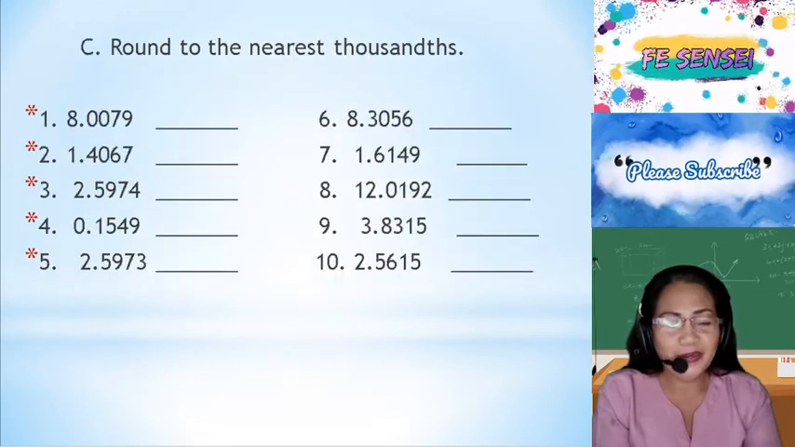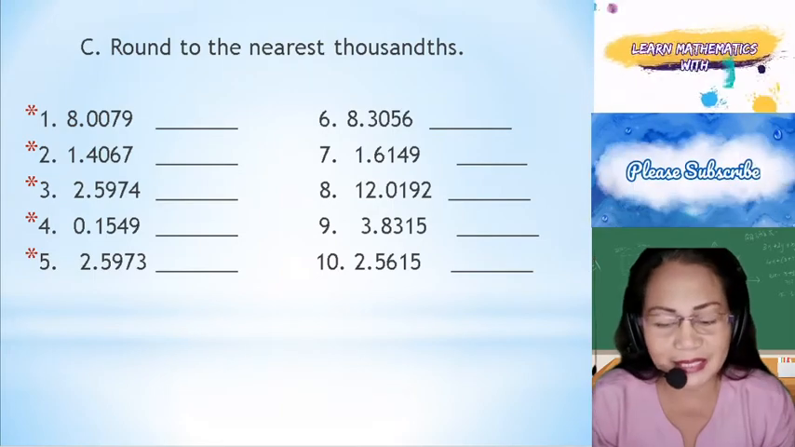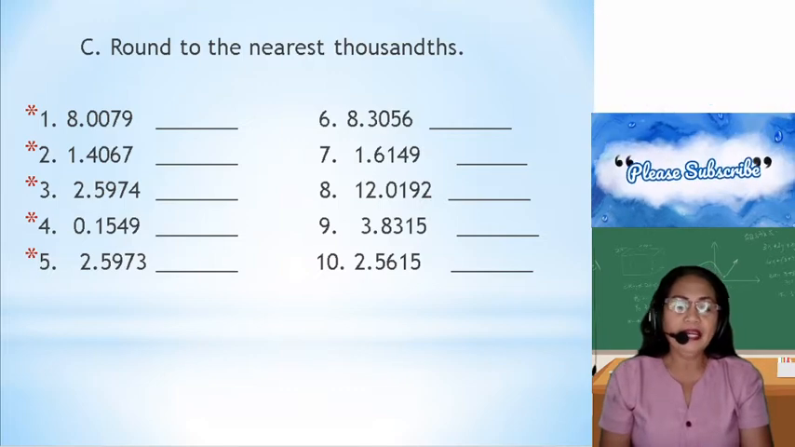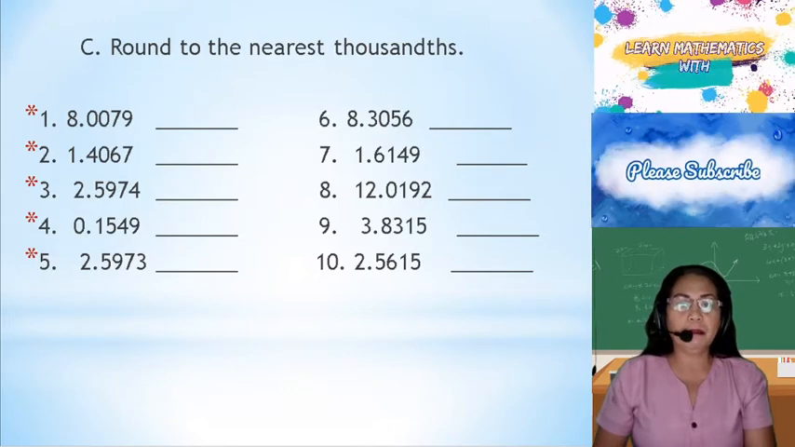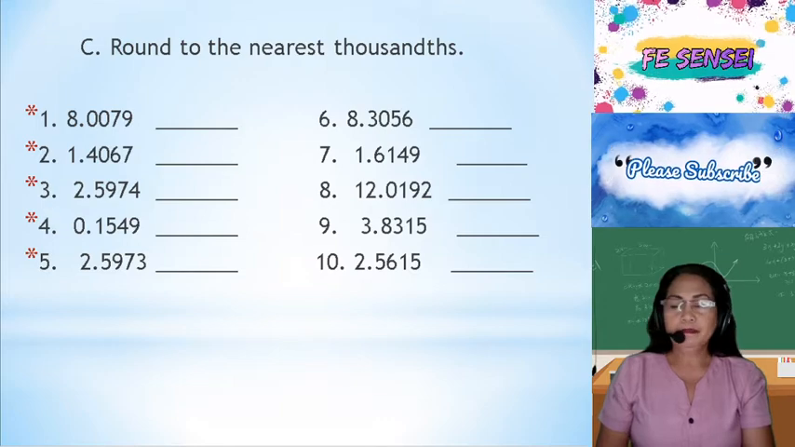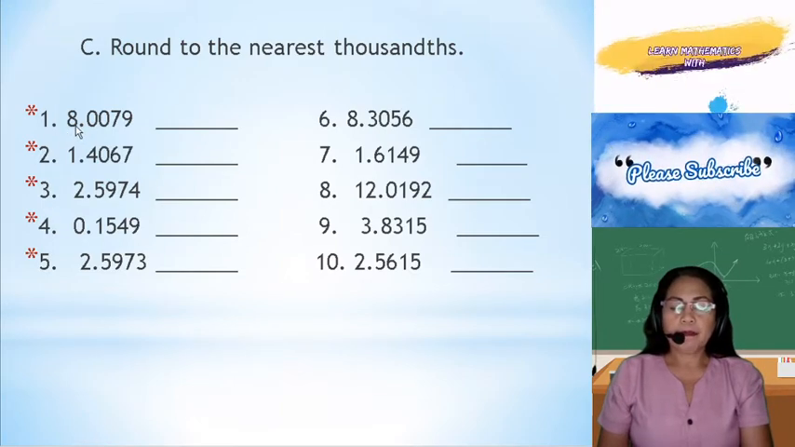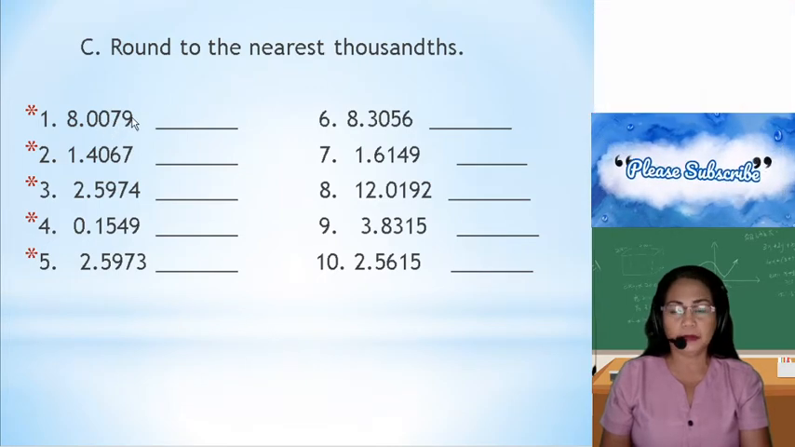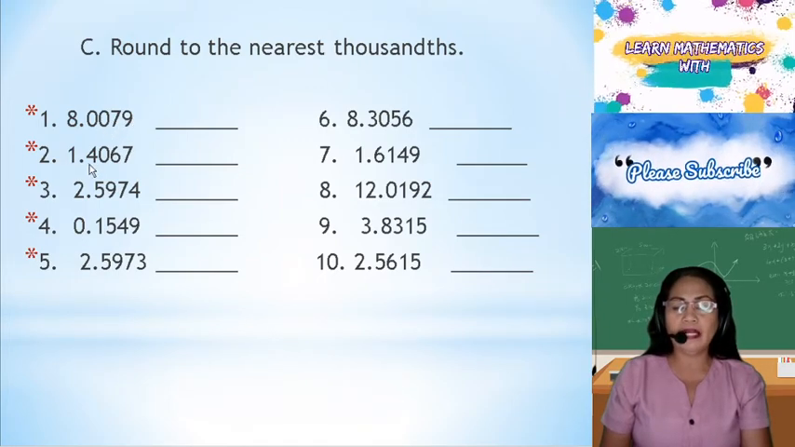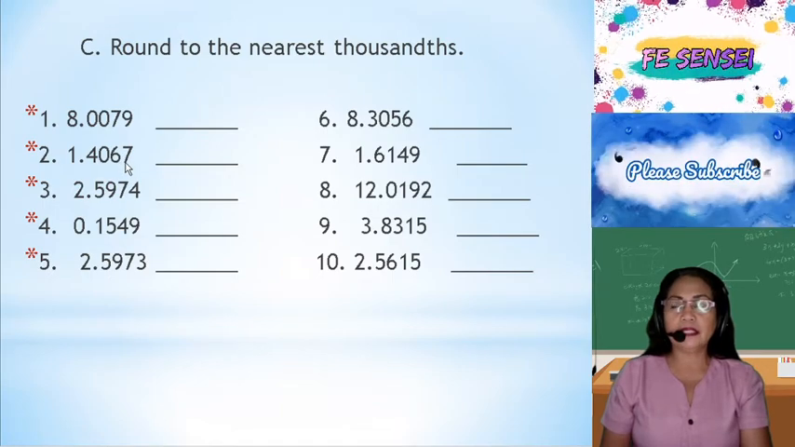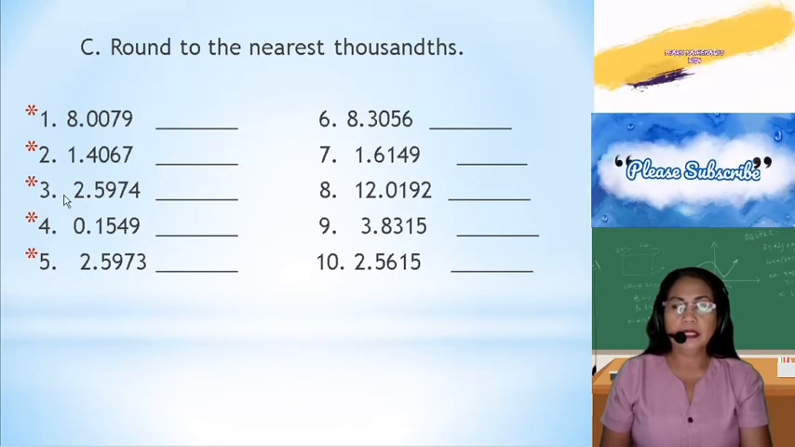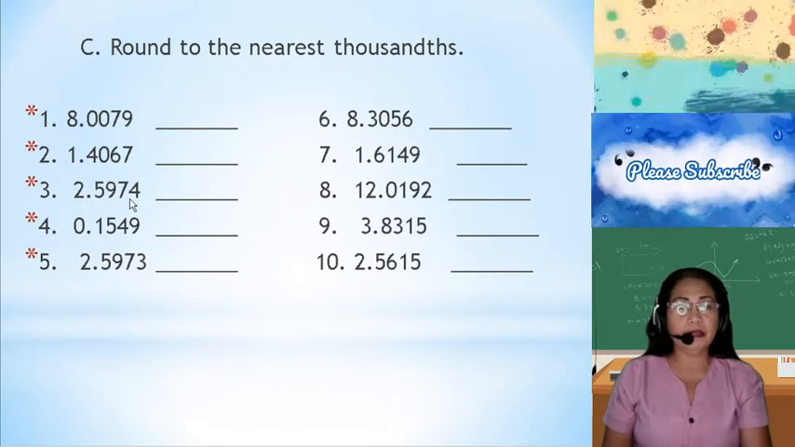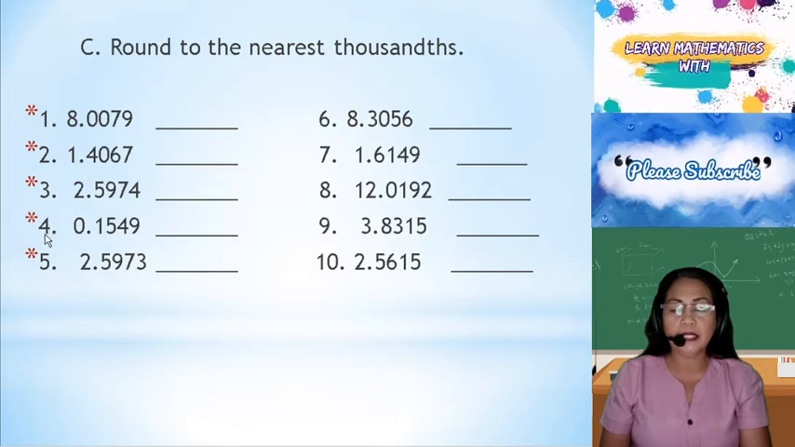And now, round to the nearest thousandths. Remember, it's in the thousandths place, so we have 3 digits after the decimal point. So, number 1, 8 and 79 ten-thousandths. Number 2, 1 and 4,067 ten-thousandths. Number 3, 2 and 5,974 ten-thousandths. Number 4,